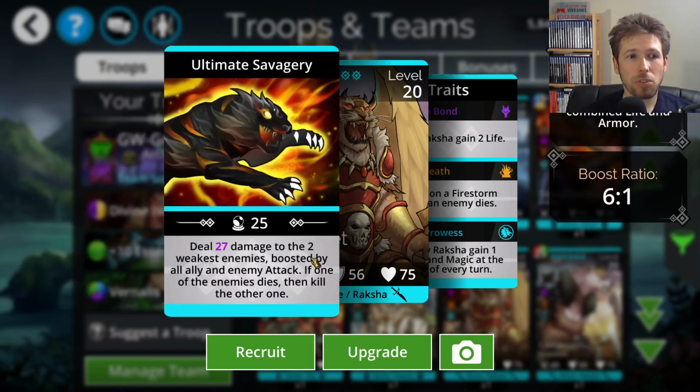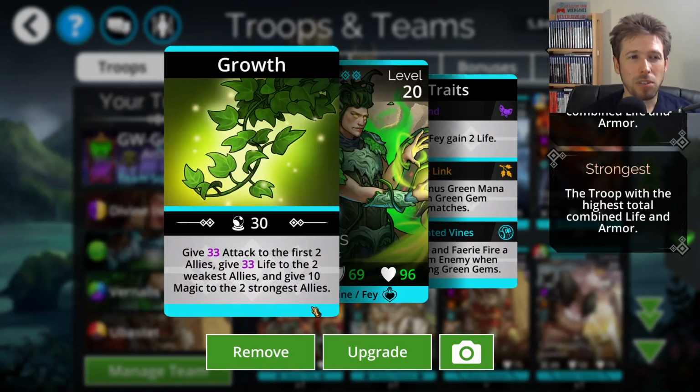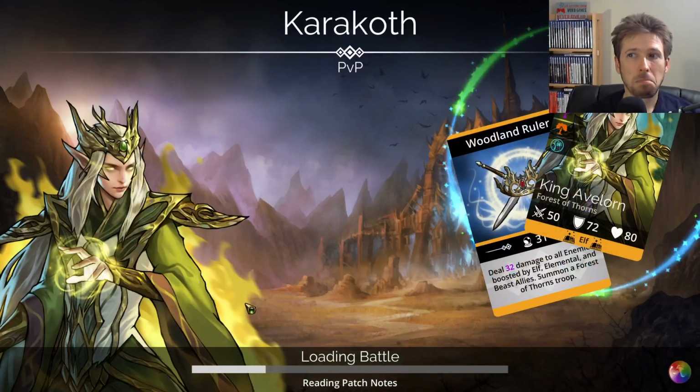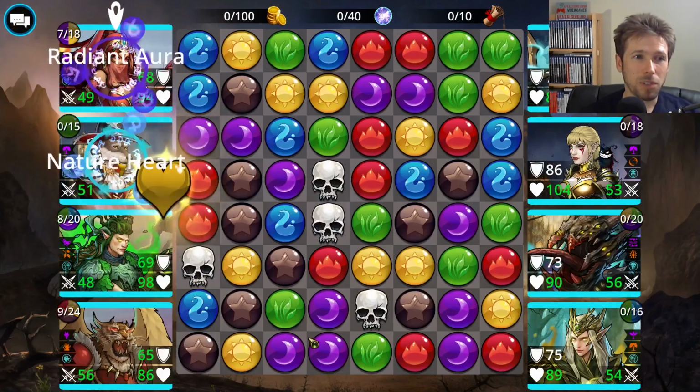Could do this, because Ubestead is boosted by ally and enemy attack. And since Vernalis here is boosting our attack, we could try that. I don't know, there's probably a really, really good team somewhere, and we'll have to play around with it a lot to find that, but...